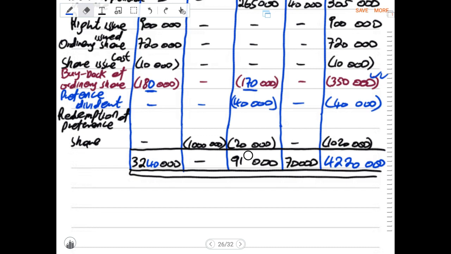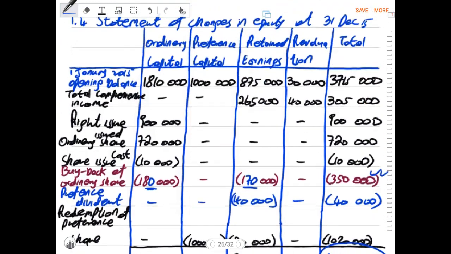Let me just remove one. Then it will be 110,000. All other amounts remain the same. The total still does not change. It is still correct. So now it's only those few adjustments that I wanted to change.